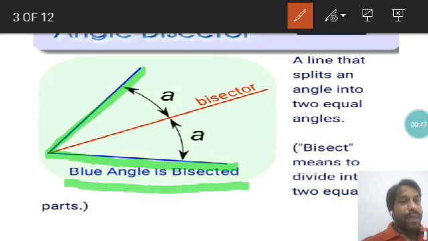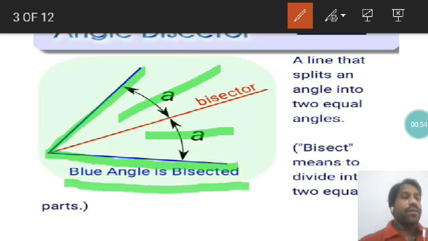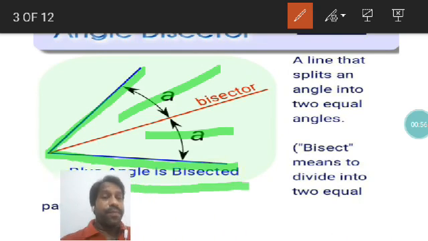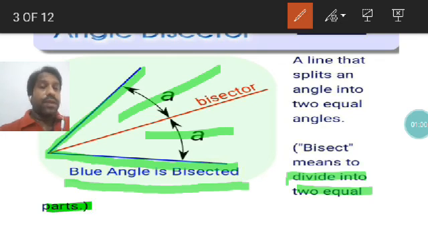This angle has been bisected by this red line. That means these two angles are equal to each other. It is written also, see one time: bisected means which divides into two equal parts. Clear? Now,